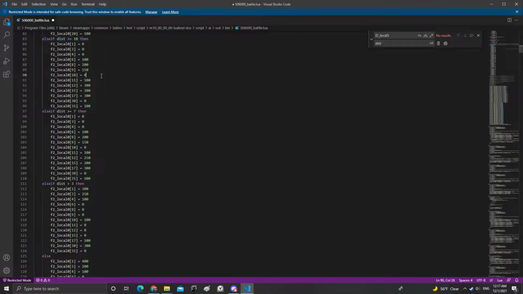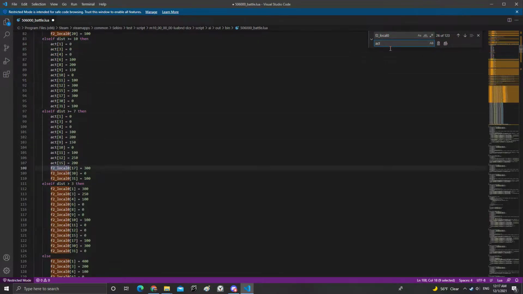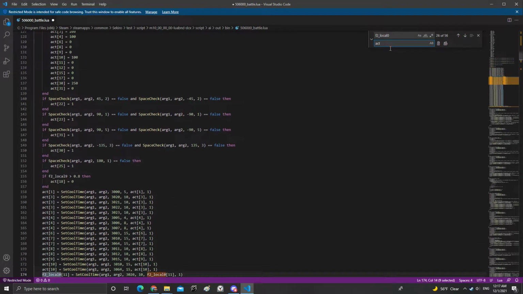So this is simply reading if the player or enemy is beyond 10 units. Choose these weights. So we're gonna make this a lot easier. We're gonna take this name, and I would highly recommend you do this. Name it to act. So replace every single instance of this, and this will make a lot more sense now,